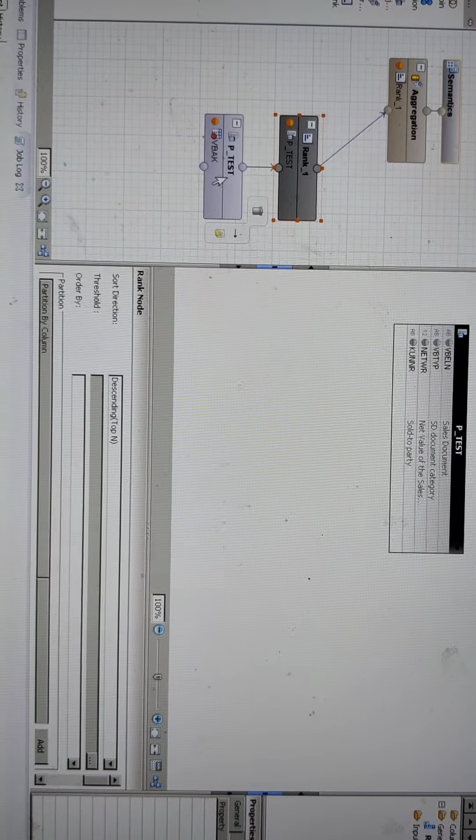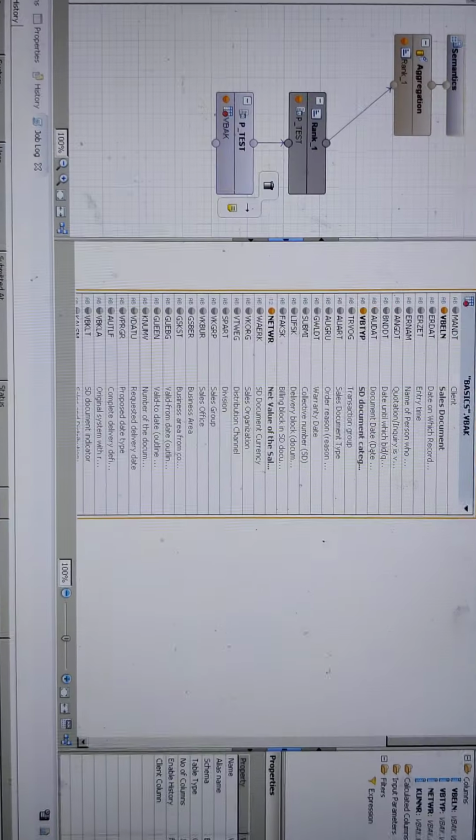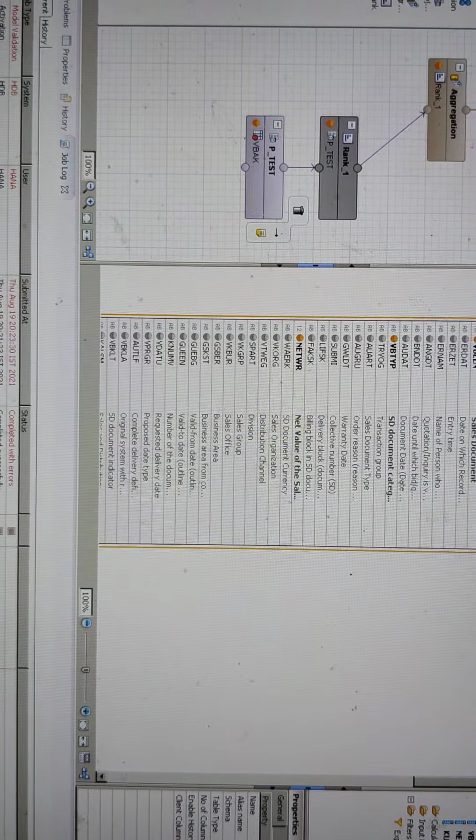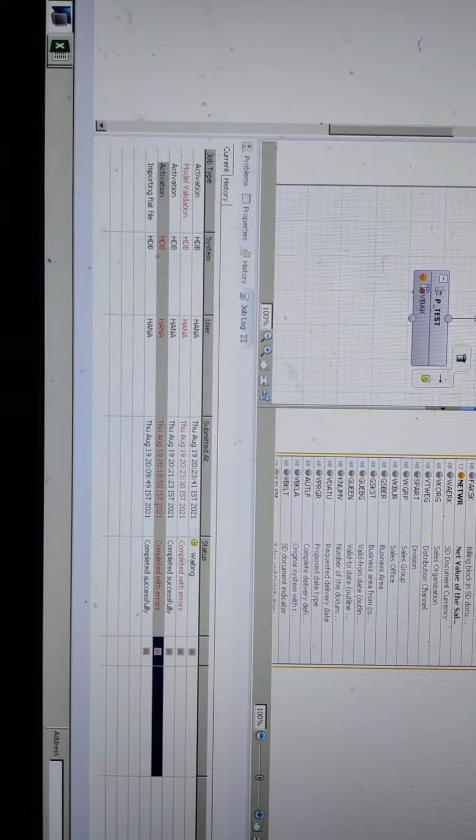Yeah, it's gone. Still it is there, right? Save and activate. Let's see. Now in the rank 1, select these columns.